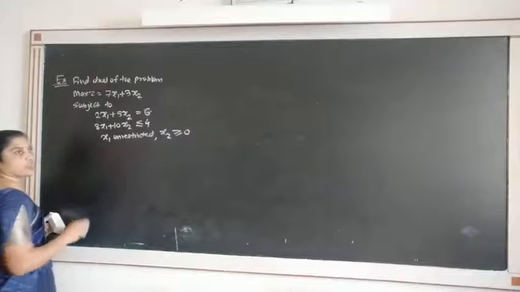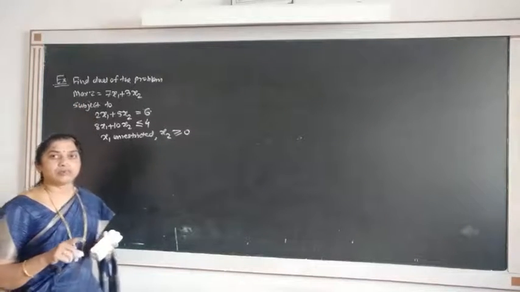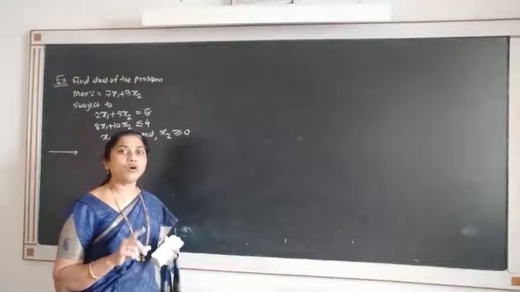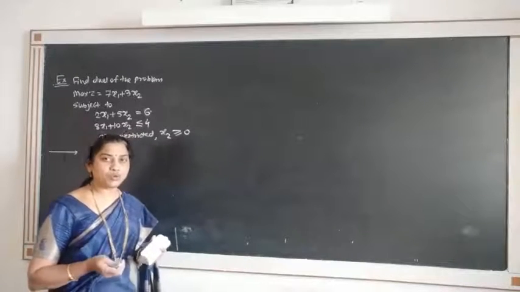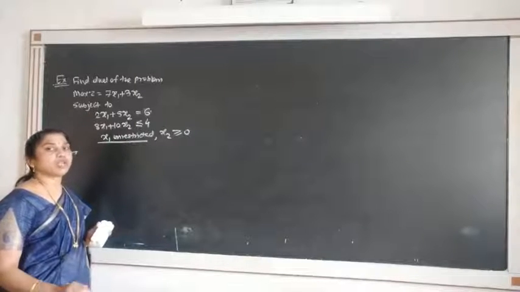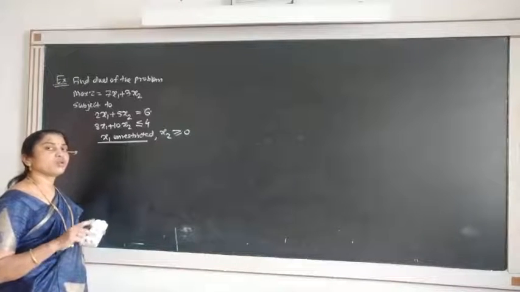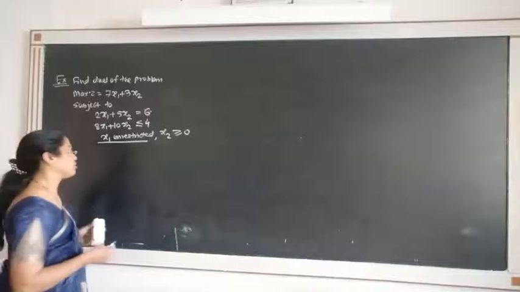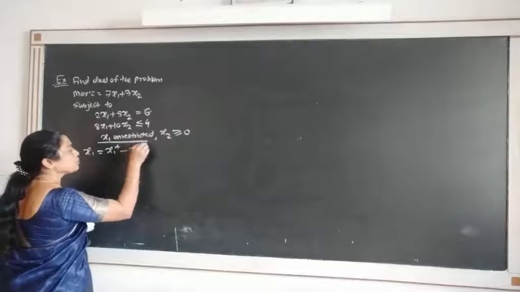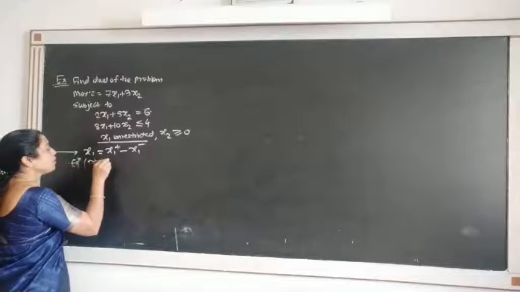Consider this problem. To find the dual, what you have to write down first? You have to write down this problem in equation form with RHS non-negative and all the decision variables greater than or equal to 0. But here x1 is given to be unrestricted. So what you have to write down? You have to express x1 as the difference of two non-negative variables, that is x1+ minus x1−. So I will write down x1 as x1+ minus x1−, and therefore our equation form, that is our primal, will be